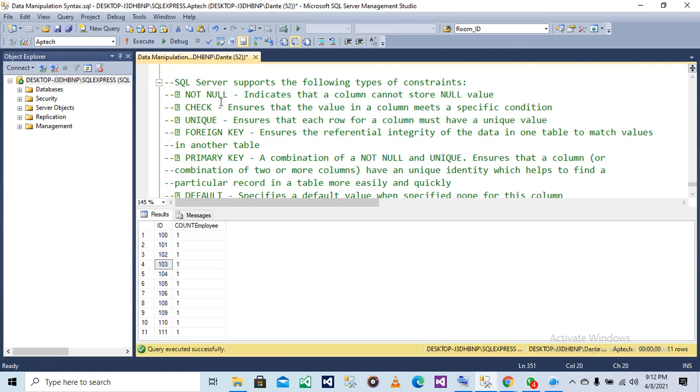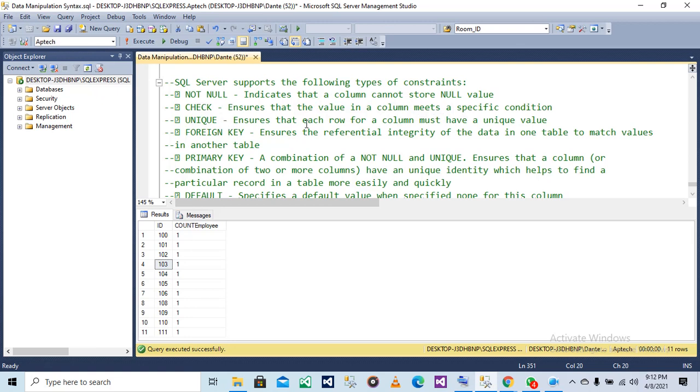If I put a check on the salary of a table, saying check salary greater than 5,000, then if you try to put anything lesser than 5,000, it will tell you there's a check constraint and you cannot input anything lesser than 5,000. All the values in this column must be higher than 5,000. That's when we use the check constraint.